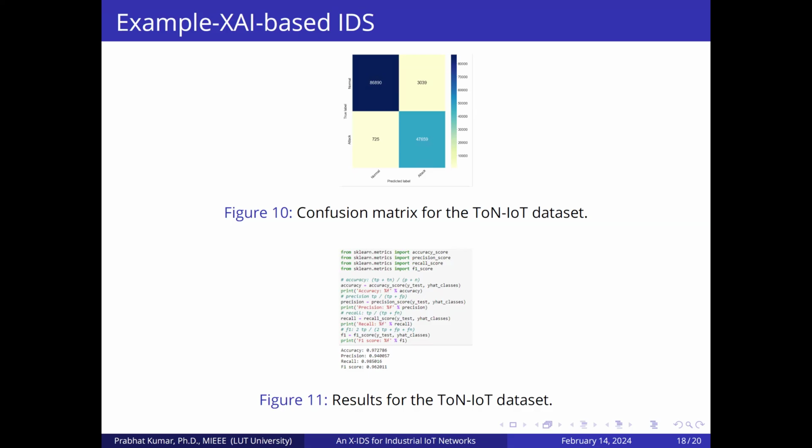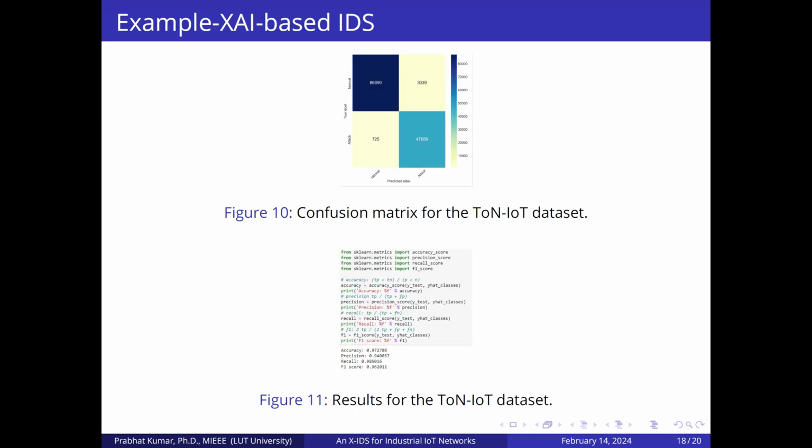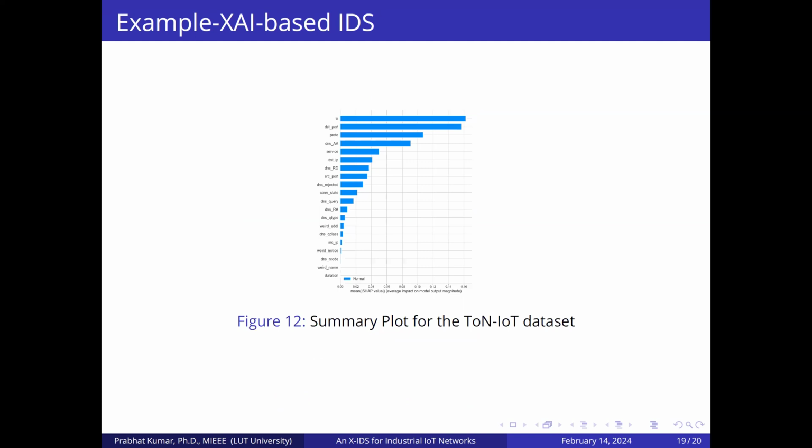But again, we didn't know which of these 43 features were important. So what we did, we applied SHAP. And when we applied SHAP, we got this summary plot. In this summary plot, from this TON IoT dataset, we came to know that the model which we have developed was giving more priority to destination port. The first one is TS, timestamp. Then it was giving more priority to destination port, then protocol, then DNS and service, and so on, and destination